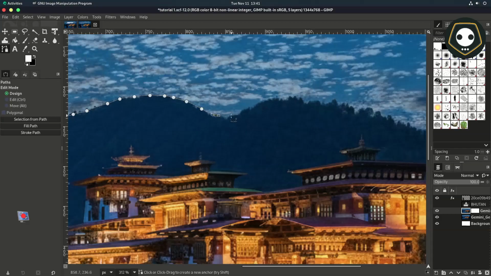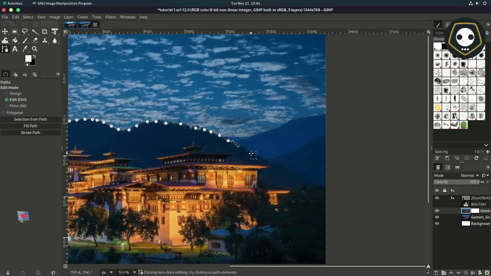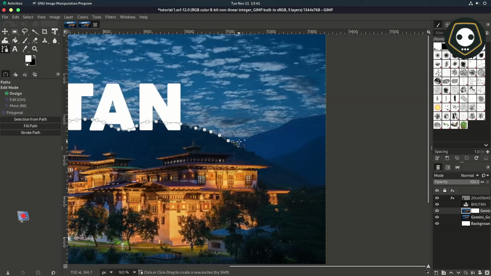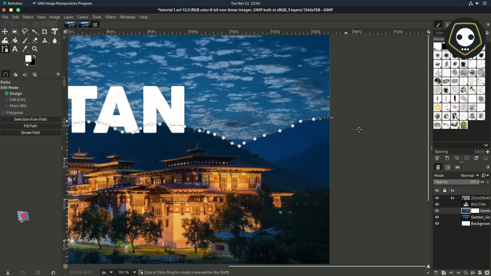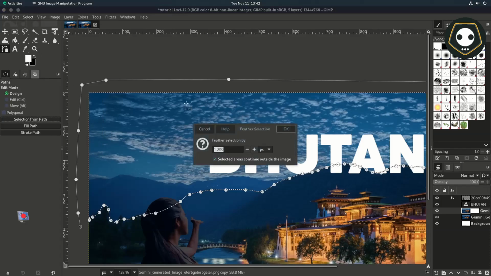This area I really want to set in front of Bhutan. So to do this, make a selection, keep the selection, and set the feather.